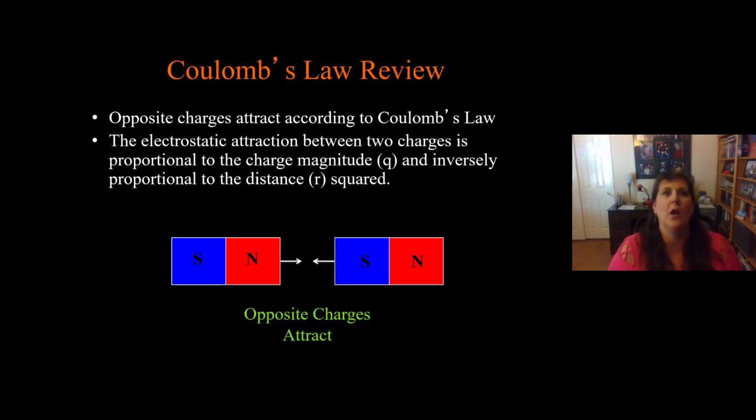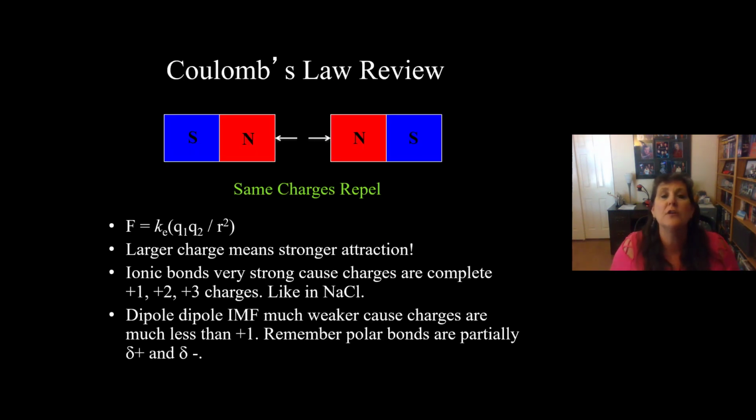Next up is Coulomb's law. Now, you may have heard of Coulomb's law if you had a physics course, but otherwise probably not. So basically it just says opposites attract. So opposite ends of a magnet attract. So positive to minus attracts. Opposites attract. And it says same charges repel. So negative to negative will repel and push away. Positives and positives will also repel and push away.